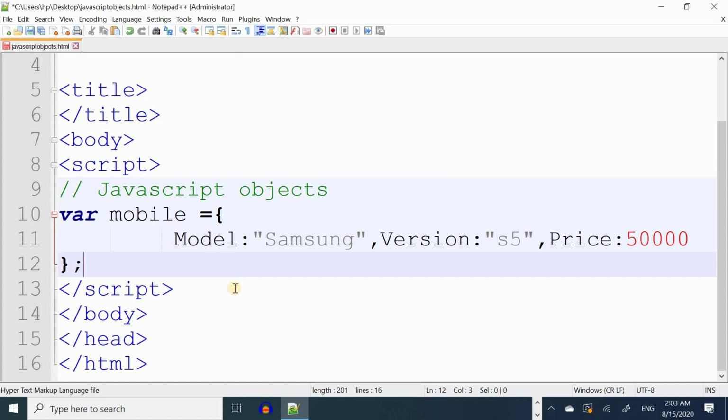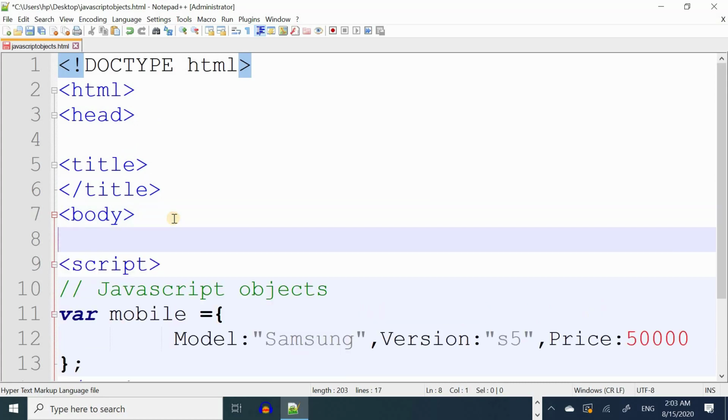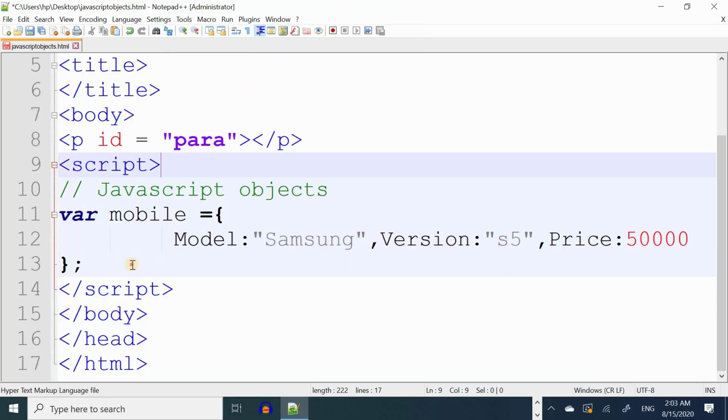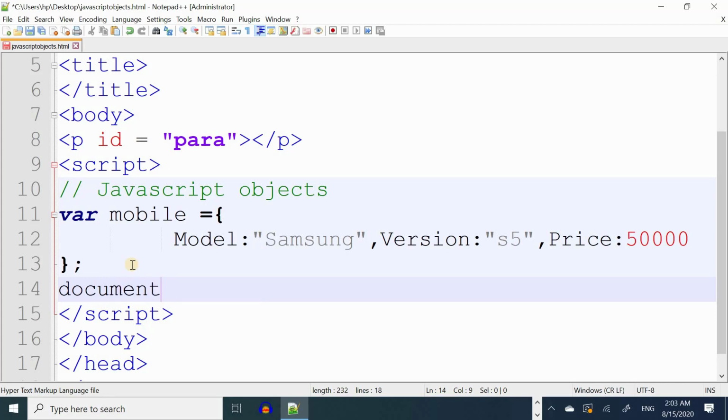Now let's suppose I want to print this value in JavaScript, how will I do it? For instance, I want to print my data in a paragraph. So I will create one paragraph and I will give it some ID. I have given para as the ID to my paragraph, and for accessing it I will use document.getElementById. So the ID is para,